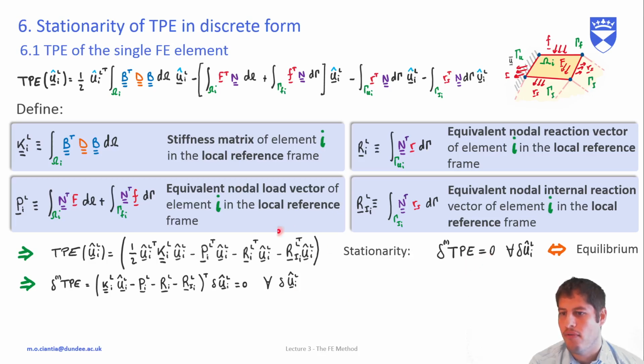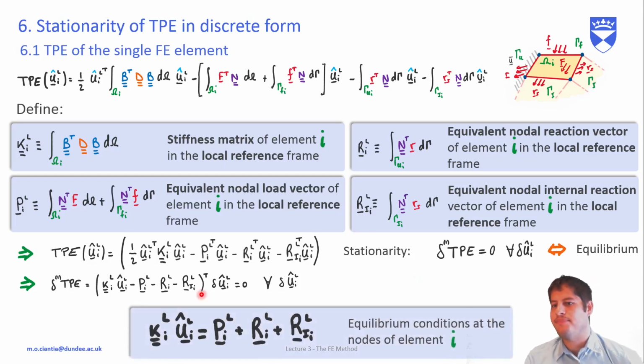So if this is 0 for any delta u kinematically compatible virtual displacement, then we are in equilibrium. So in the end, if this is for any, then this must be equal to 0. And if this is 0, then we can write that K of the local element u^L is equal to P plus R of the internal reactions. Okay,